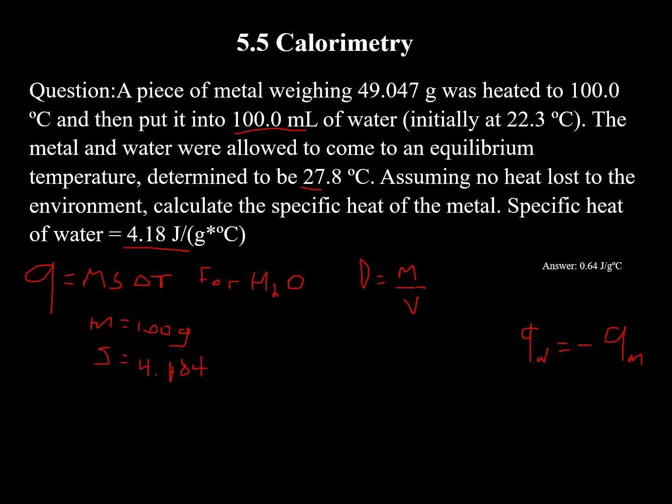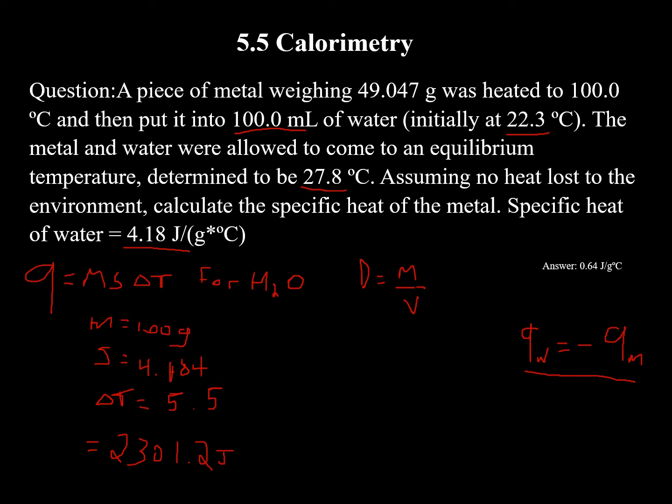The final temperature is 27.8 and the initial temperature of the water is 22.3. So we know the change of temperature, 27.8 minus 22.3, that would be 5.5. So we know all the values, we can figure out Q, and Q comes out to 2301.2 joules. This is the heat transferred to the water. So again, we use this so we can find the